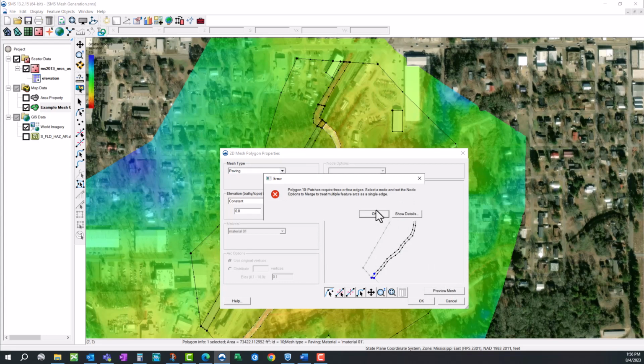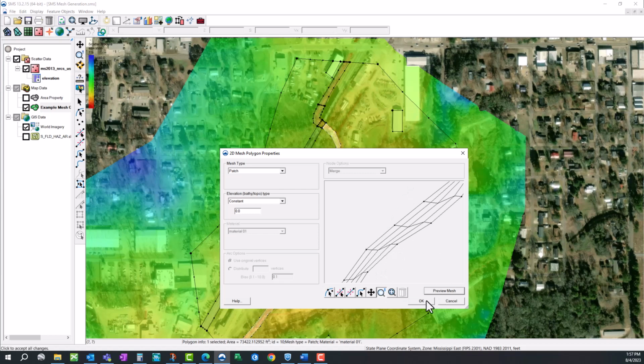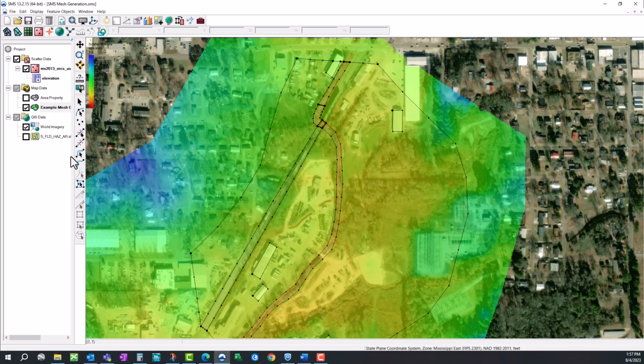It did not preview because I have a node right there. So if that ever happens, you can either go back in your mesh generator and fix it, or you can click on that blue node and then change this to a merge, and now you can preview it as a pave, or you can go to the patch and preview. And if you want to zoom in to see how it looks, you can do that here as well. That looks like trash. So to fix it,